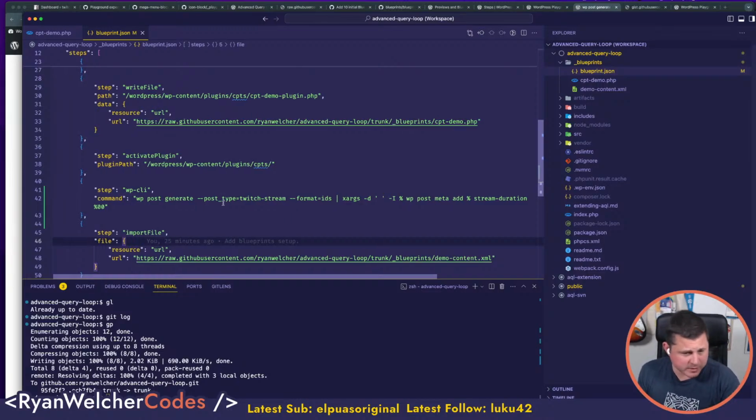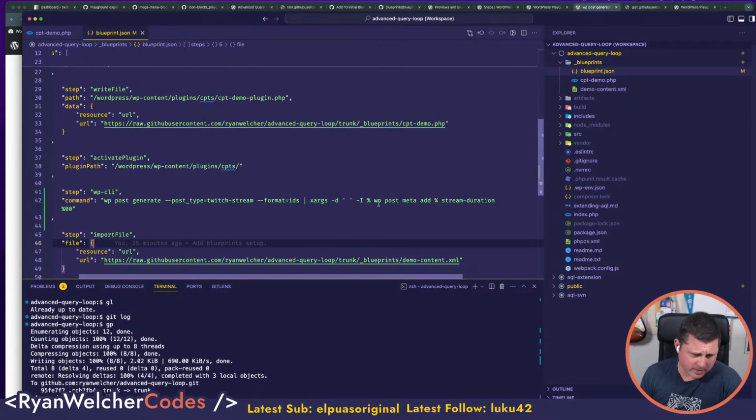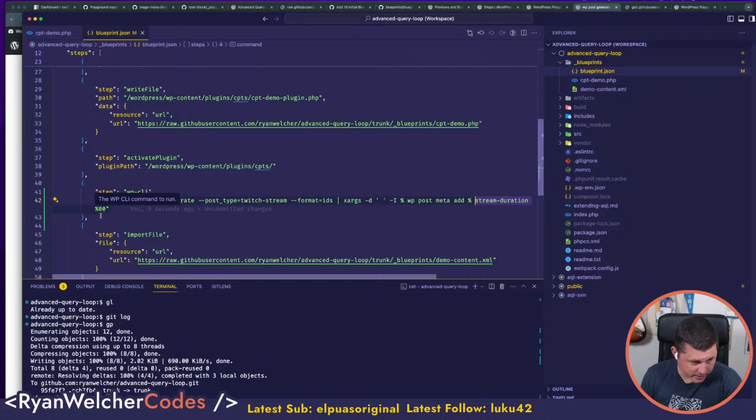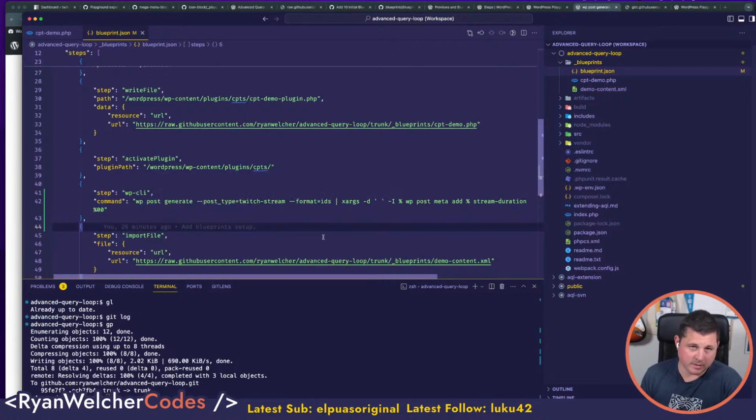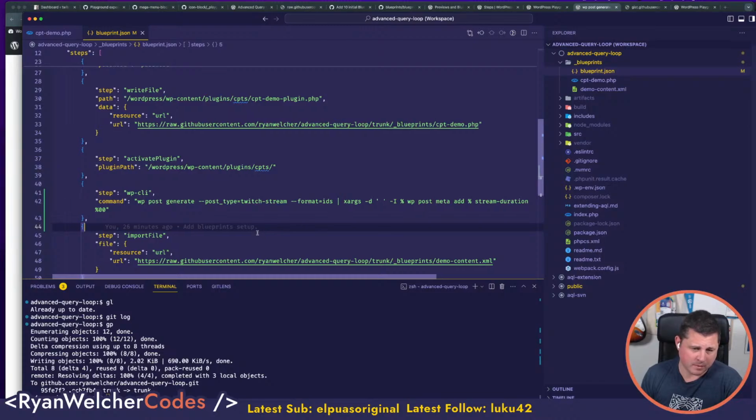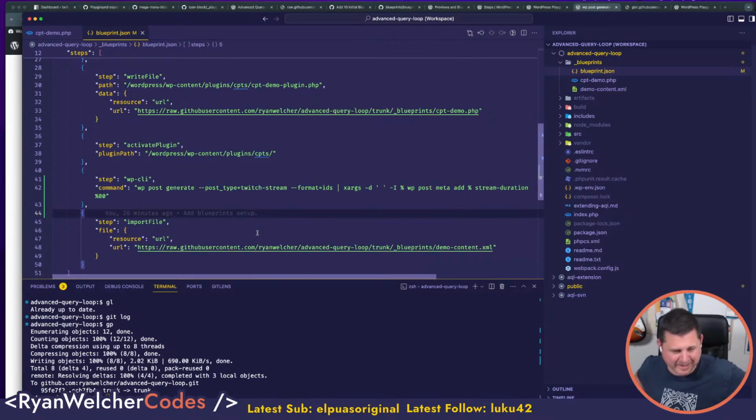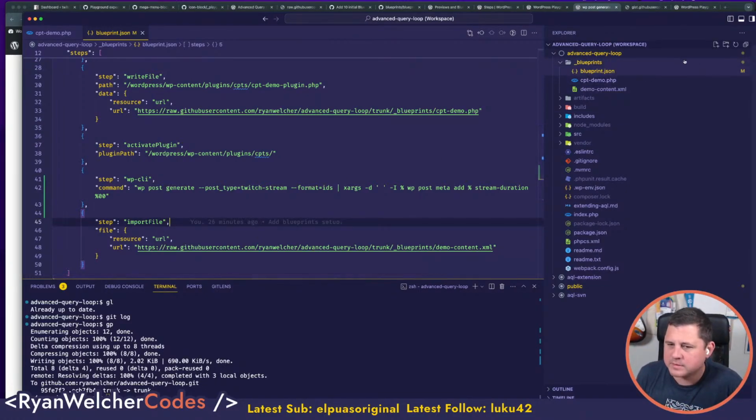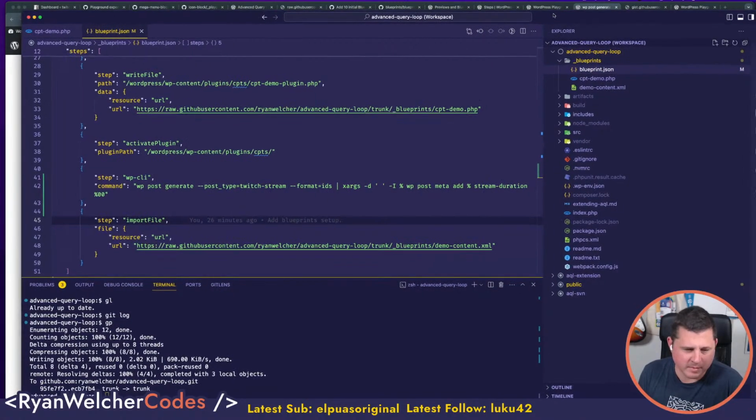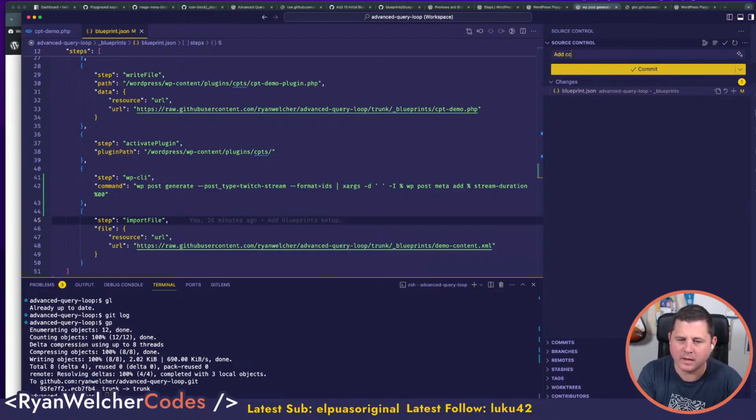I'm hoping this is going to generate a post type, take the ID. It's going to add post meta of stream to the post ID of stream duration with the value of whatever the value is and 00. So we'll see what that does. I don't really know what that's going to do. We'll see. Okay, so let's add that. I might have to actually mess with that a little bit more, but okay,